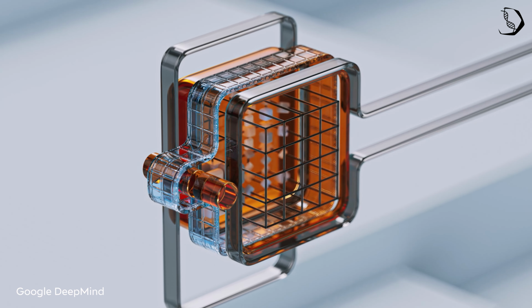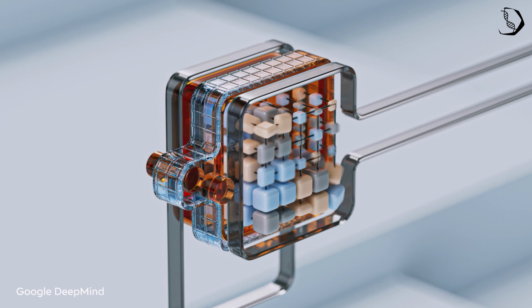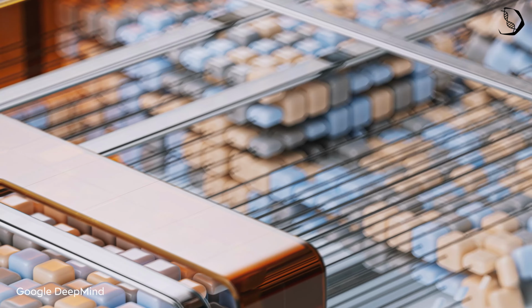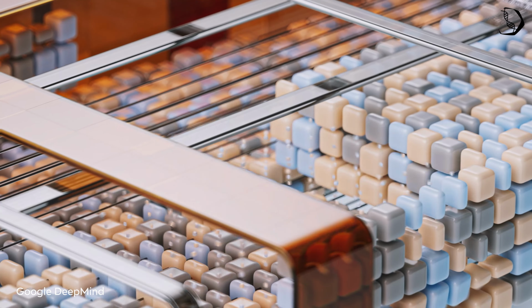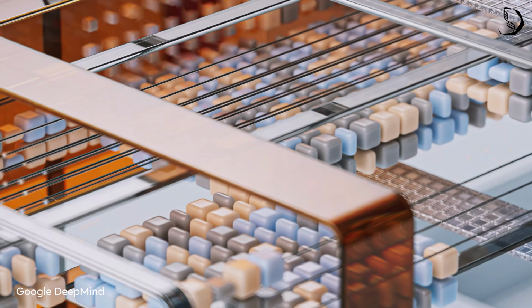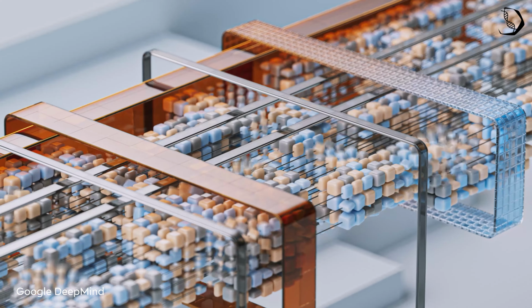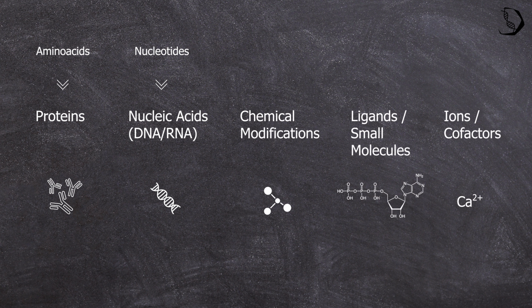And you know what? This is possible because the developers changed what is being recognized as a unit by their deep learning framework. In AlphaFold 2, these units were amino acids, and so AlphaFold 2 could predict protein structures. Instead, in AlphaFold 3, they changed the unit to being any molecule, and this unit can be an amino acid, but it can also be an ion, or for example adenine as part of a DNA strand. It can be a ligand, or a small post-translational modification, or other biologically relevant small molecules.